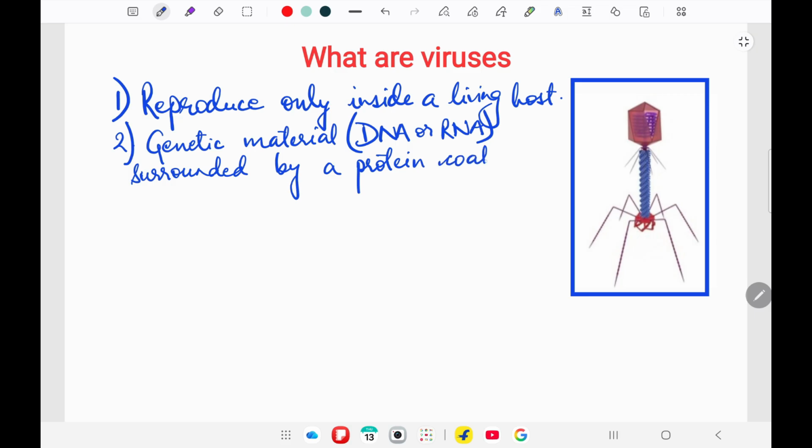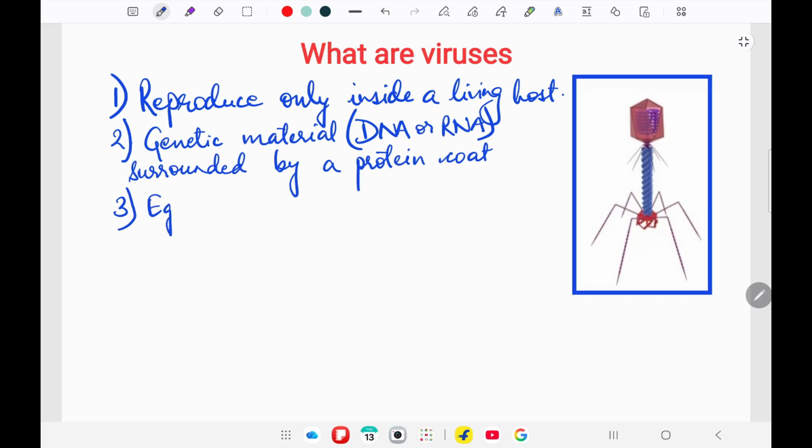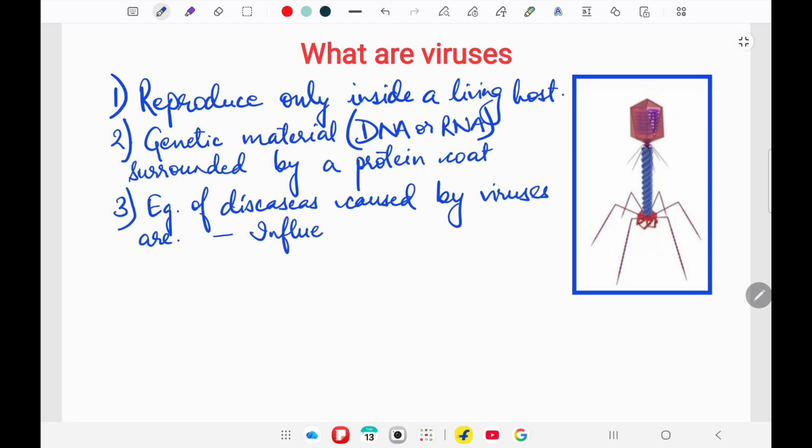It is not considered fully living organism because they cannot reproduce independently. So, few of the examples of diseases are influenza, COVID, chickenpox, measles,